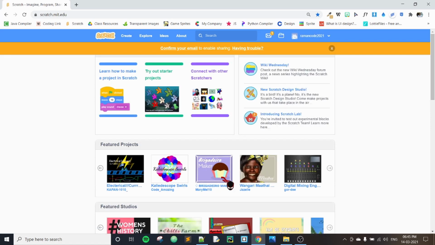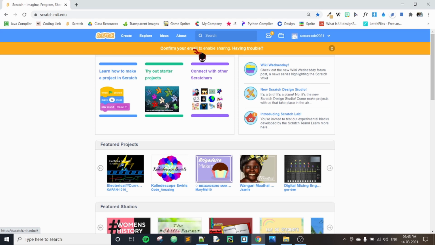So that's it. Once the registration is completed, see here, you will find your name here, which means that by default it takes the username and password which you have given and it has signed in. The next thing that you have to note is, see here, you'll have to confirm your email, right?